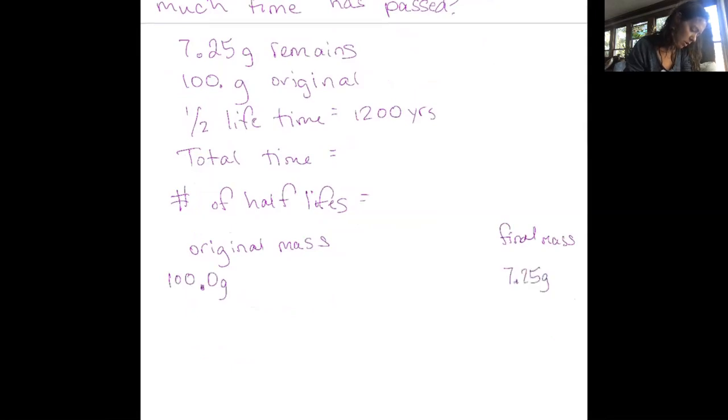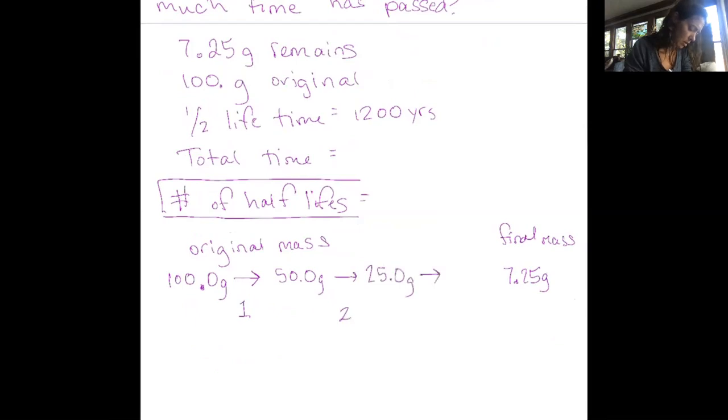7.25 grams, all right? And let's cut this in half. That's one half-life, right? We're trying to get the number of half-lives. So let's see how many times it cut in half. That would give us 50 grams. Next half-life would give us 25 grams. The next half-life would give us 12.5 grams. And then the last half-life would give us our final mass, the 7.25 grams. So we have had 4 half-lives,